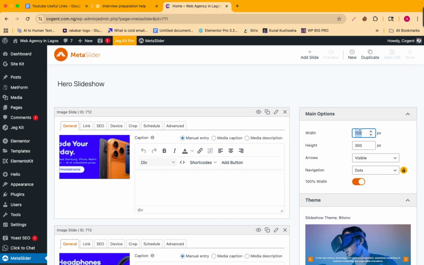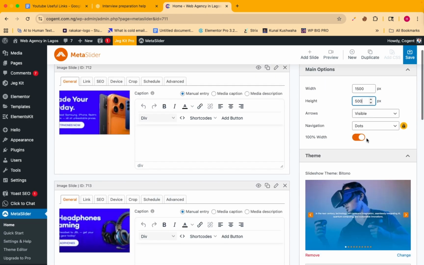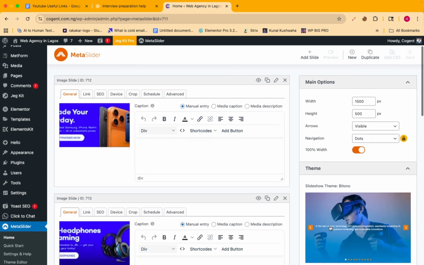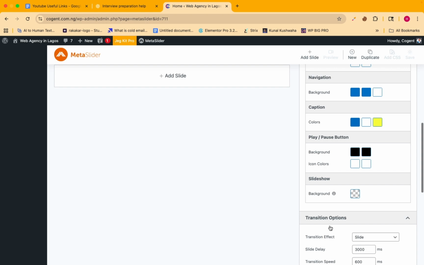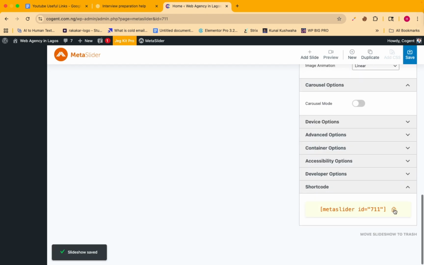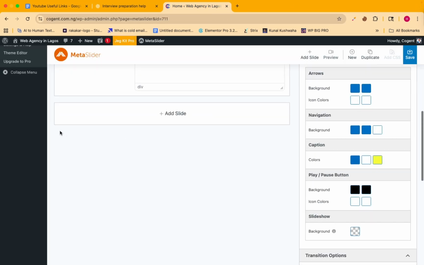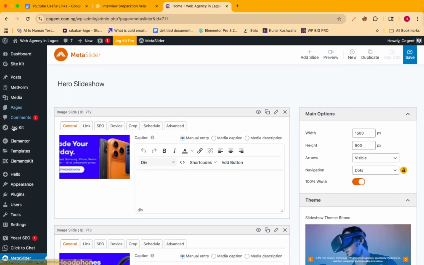All right. So let me set this. I think we changed it when we changed the theme. So we'll set it back and quickly save. So after saving your slider, what you need to do next is to copy your shortcode. This shortcode is what we are going to paste on our home page or whatever section we want to add this slider banner. So let me say I just want to add this, just for the test,